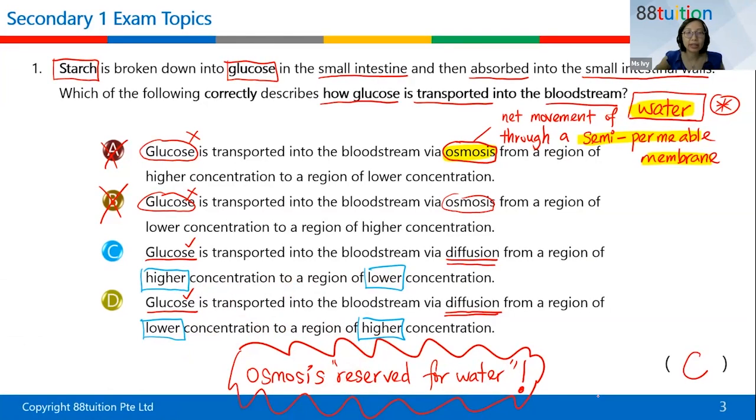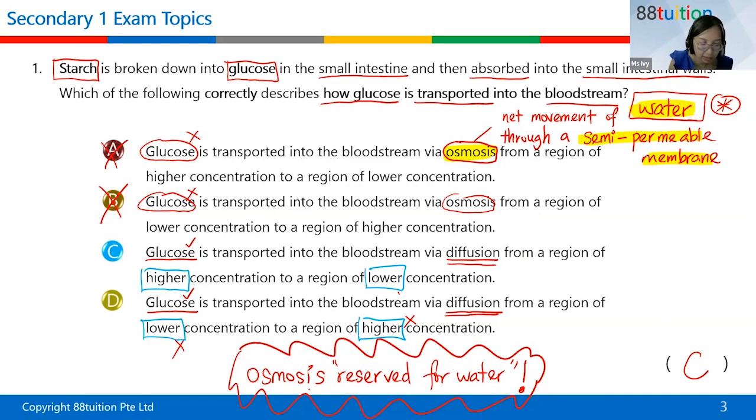All right, I give you a hint. Think of a waterfall. A waterfall should always move from where to where? Water falling down. So a waterfall will always go from a higher place to a lower place. You'll never see a waterfall going from a low place to a high place, unless you have a pump that pumps it up. Therefore the answer is C. Lower to higher is wrong, so it has to be higher to lower.